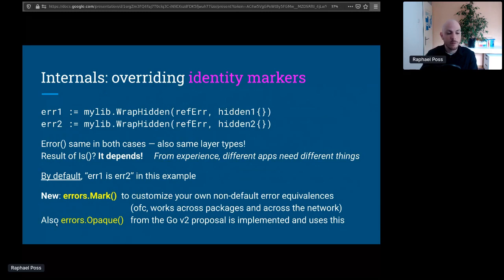And if you recall the Go version 2 API proposals, there is an errors.Opaque function. Very good reason for it to exist. But if you want that to work properly with this mechanism I was explaining, we needed to implement this by using errors.Mark internally.